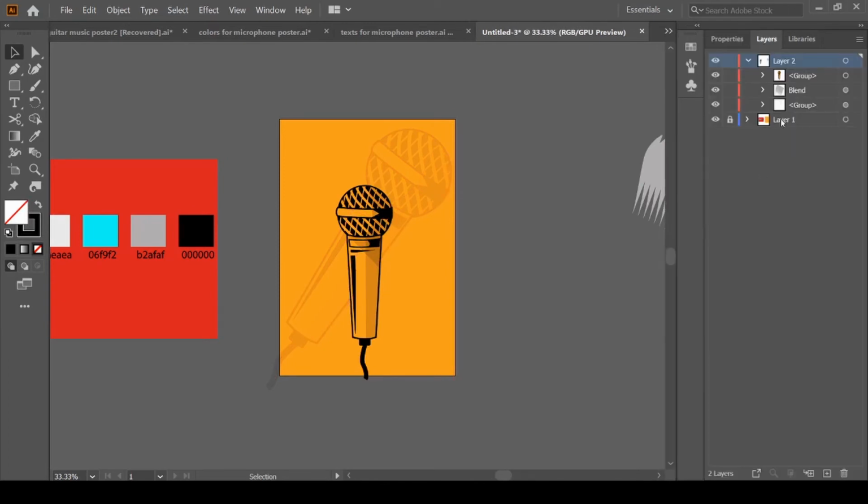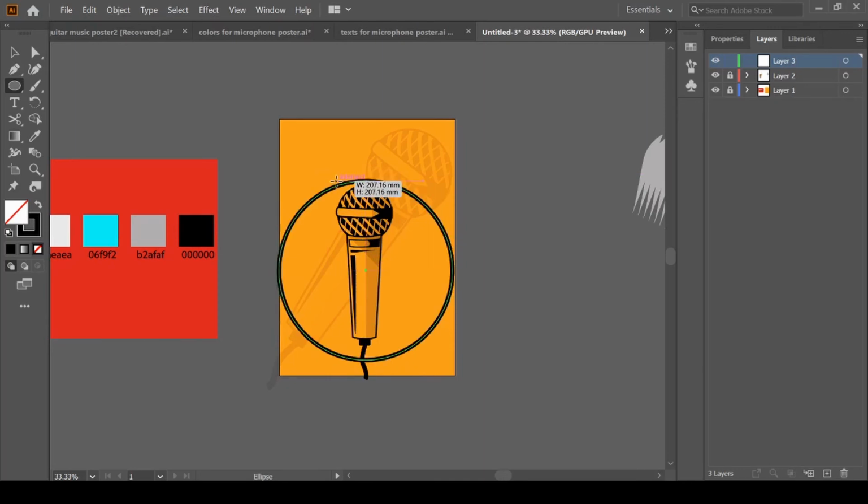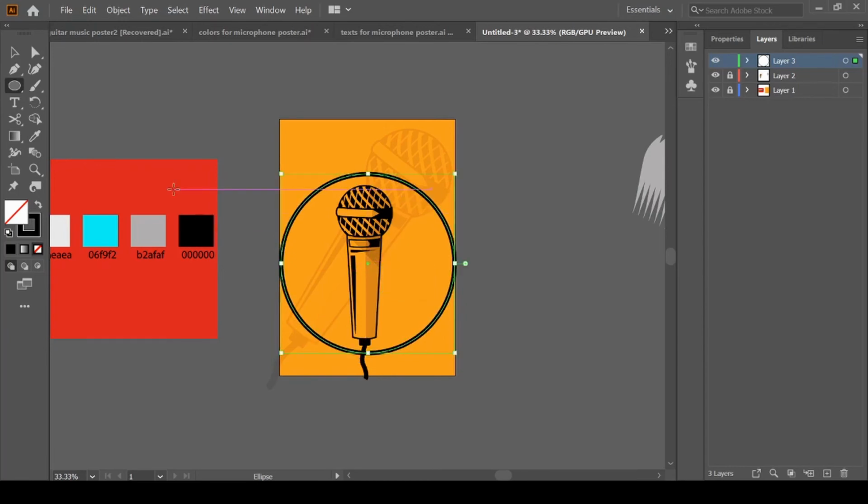Okay, now we'll take a new layer, lock this layer. Now we will add color halftone effect. So press L for ellipse tool, press Alt plus Shift and drag. Okay, bring it over here.